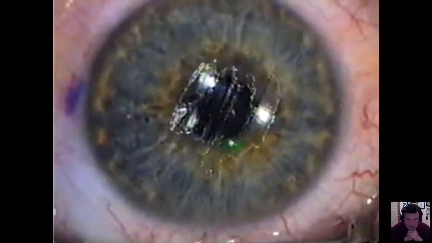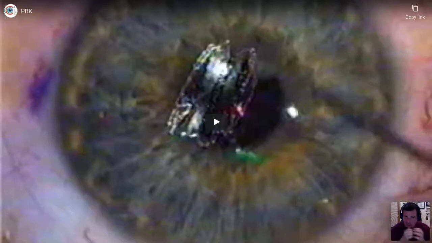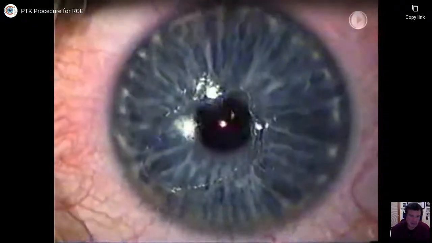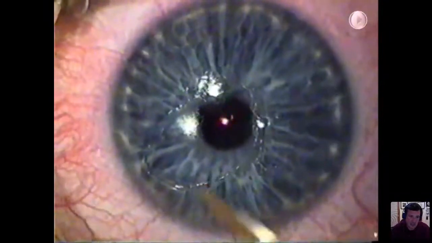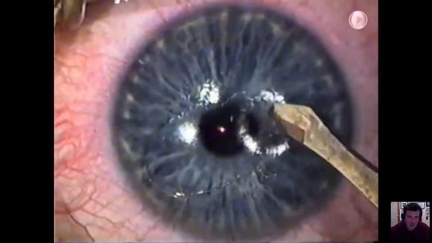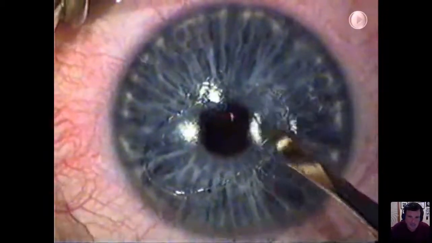And nowadays they use alcohol, so maybe they don't scrape as much. But now let me show you a patient that went for PTK for a treatment of a recurrent corneal erosion before I was doing amniotic membranes. So here's a patient here. You can see that they already have an abrasion from the recurrent corneal erosion. And watch how easy this